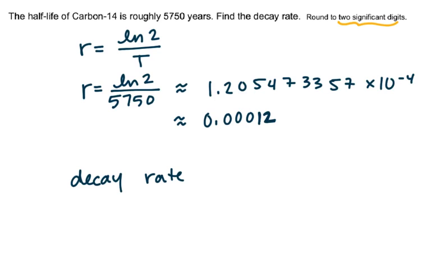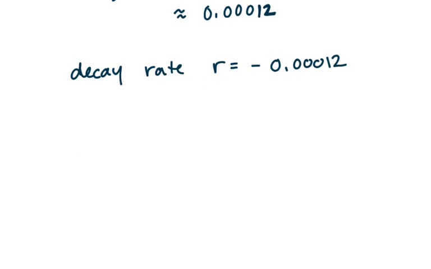So my decay rate, R, is negative 0.00012. So what is half-life? Half-life is if we said we had some radioactive element, and say we started